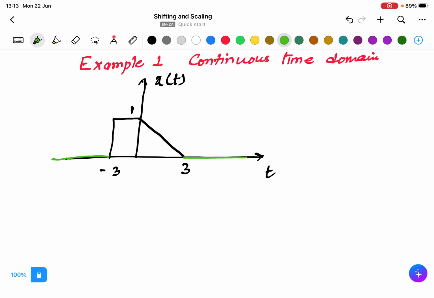Now suppose we want to shift this signal by a value equal to 1. So let's say we want to do the operation which is x of t plus 1. So how will we do it? t plus 1 means that you have to shift the signal, or you can say you have to advance the signal, by a value equal to -1. So you will shift this -3 to